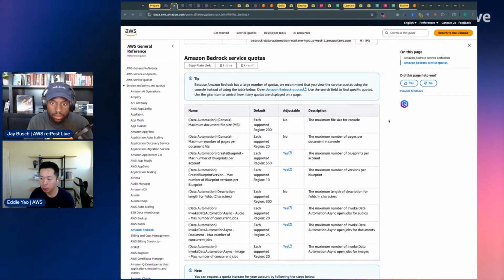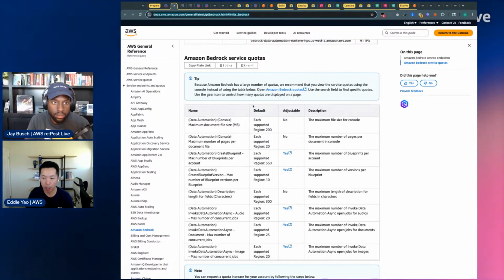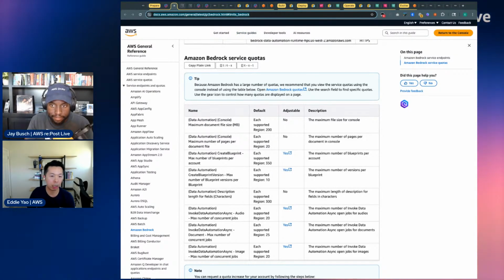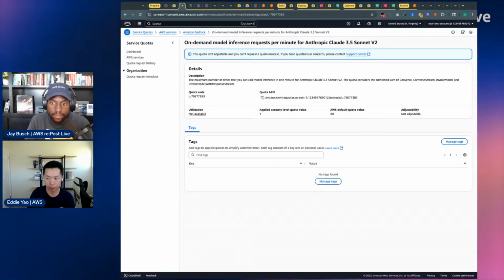follow through as well. So for Bedrock, you can see quite a lot of service quotas specifically. There are things that are specific to rate limiting, which I think is what the question was about, like hitting the rate limits and getting throttled. We also have this service called Service Quotas. You can go to the AWS console and go into Service Quotas. And then in there, when you filter for Amazon Bedrock, you can see all the service quotas you have for Bedrock. And then for some of the